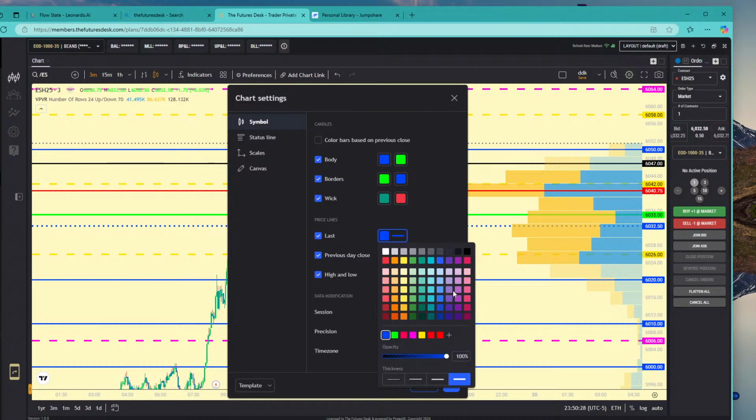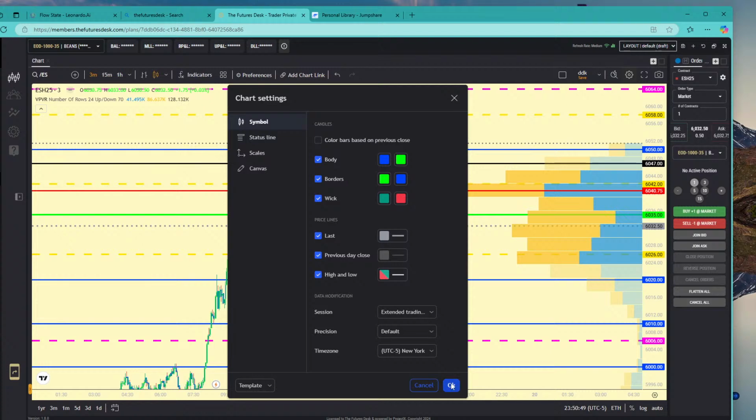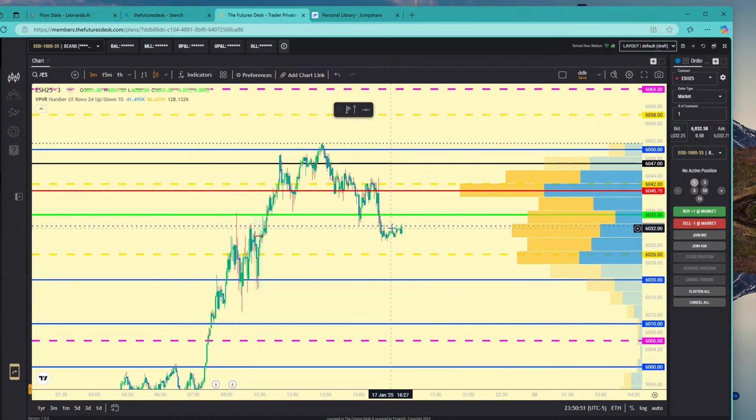Your imagination can run wild here, changing the colors out for an extended period of time. We can either go white, we can go black, or we can go right in here, in between. For now, we'll leave it here. We'll get out of that. That's our price level right here,